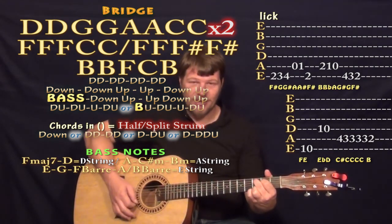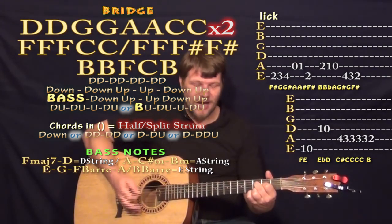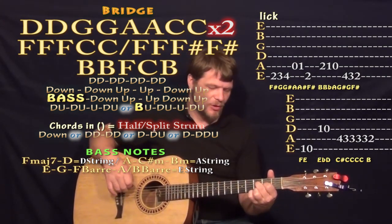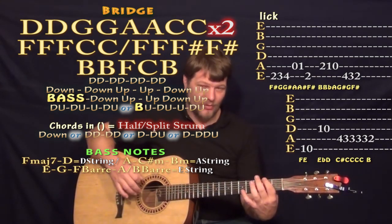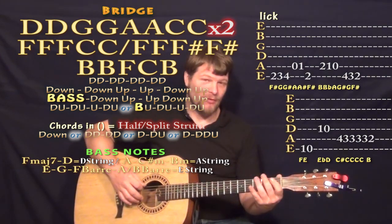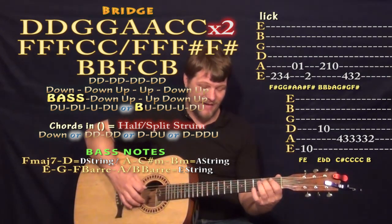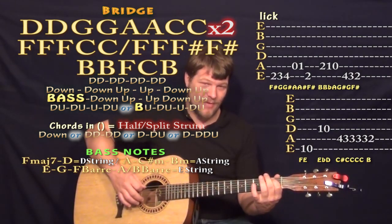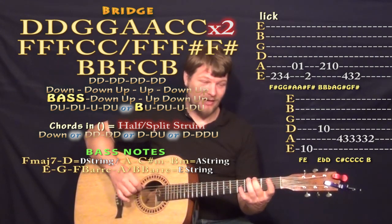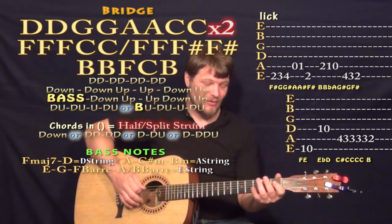And then from the C, we go back to our F chord, and then we got some more F, and then you hear this crazy cool, awesome chromatic bass line come out, where you could go low E on the second, third, fourth fret, and open A, first fret on the A, second on the low E, and then second on the A, first fret on the A, open A, 4 on the low E, third on the low E, second on the low E, first fret on the low E, open E,